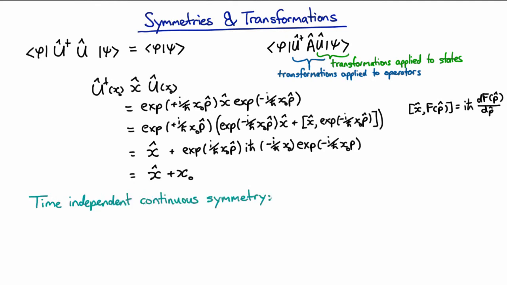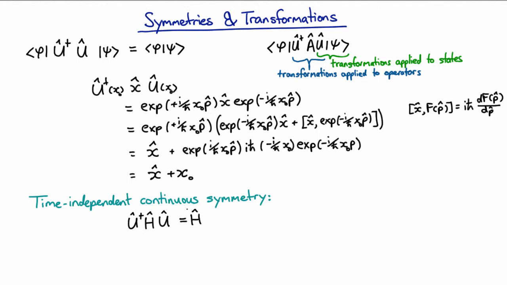In classical mechanics, a constant of the motion came from a time-independent continuous symmetry, specifically of the Lagrangian. But in quantum mechanics, our time evolution is more naturally given in terms of the Hamiltonian. So if we're going to look at how the symmetry changes the Hamiltonian, then the transformation applied to operators, we have U dagger operator U. And so if this is a symmetry,